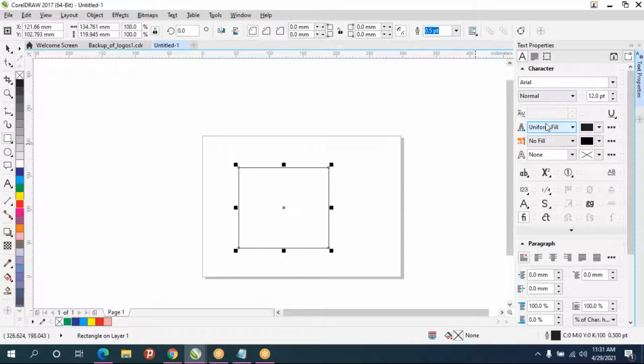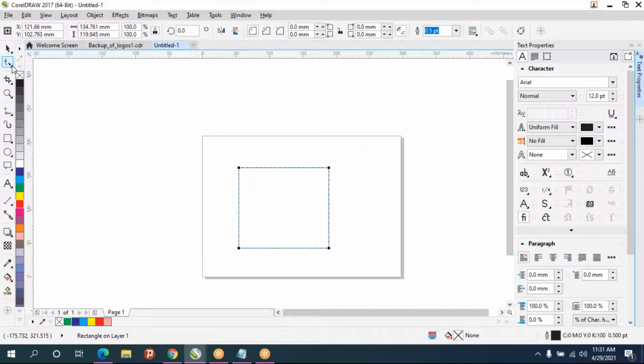So you got it. Next we are going to see the shape tool, which is below the pick tool. Shortcut is F10. Just click on that. Once you select the shape tool, see the 8 dots. Before that, we have 8 square dots. That will be converted to 4 square dots.